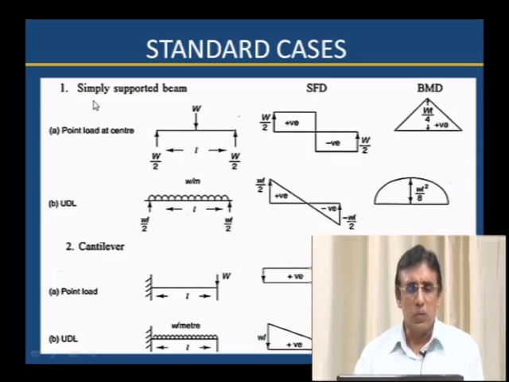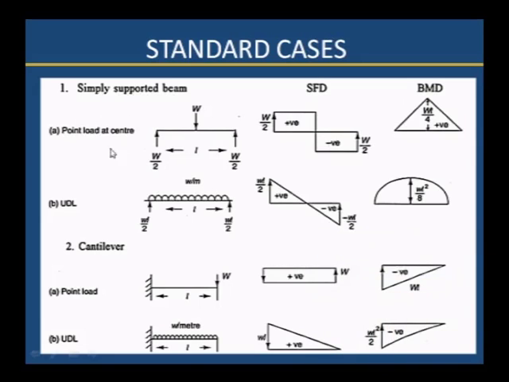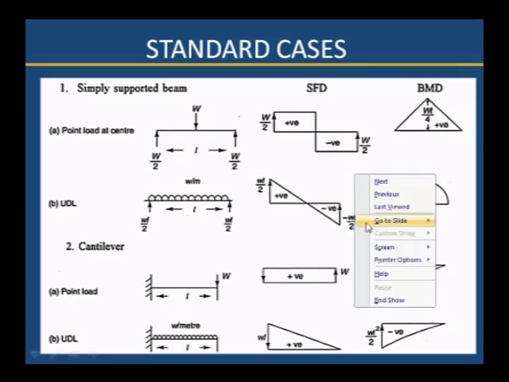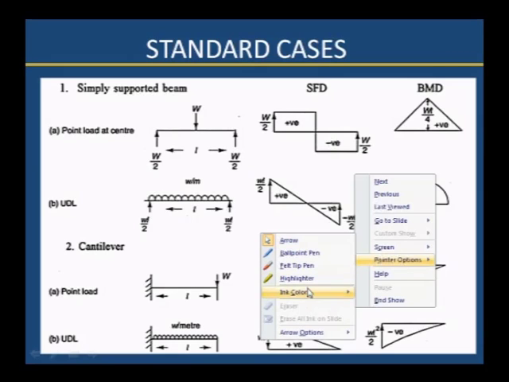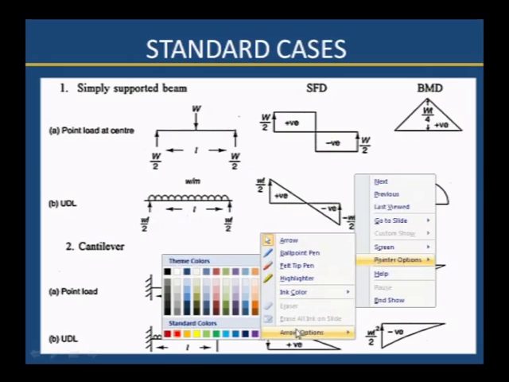That is, one is a simply supported beam with a central point load, for which the maximum bending moment is WL by 4. We use that if a problem is given with the central point load. If it is a simply supported beam carrying a uniformly distributed load throughout its span, for calculating the maximum bending moment,